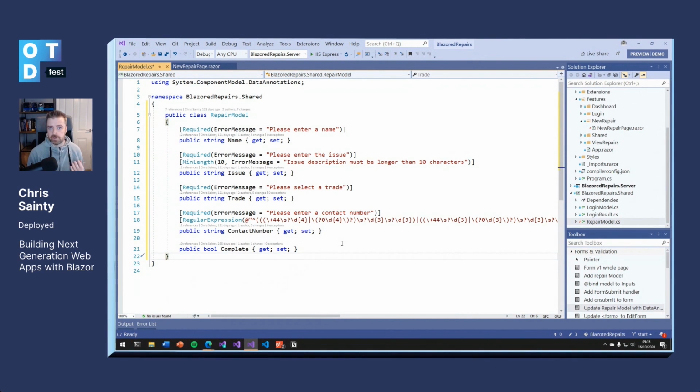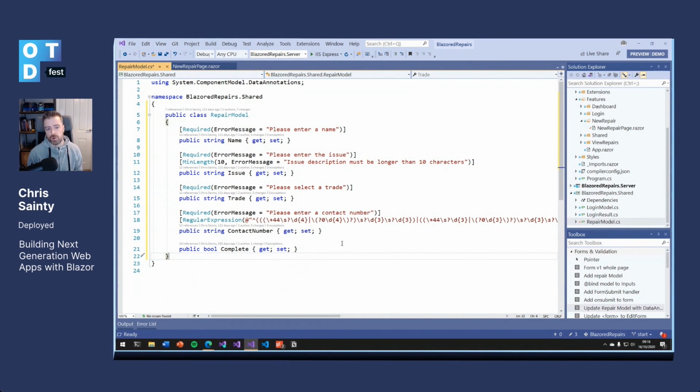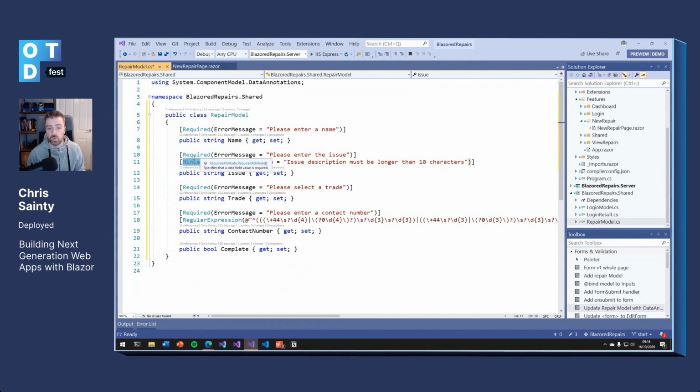You can use different validation mechanisms if you wish. I'll talk about that in a little bit. But for now, we're just going to go with the defaults. And with data annotations, you basically decorate the properties on your model with the validation rules that you require. So for example, for name, I'm saying this is a required field. It must have a value, otherwise show this error message, which I've declared. For issue, I'm saying that it must have a minimum length of 10 characters and that it's also a required